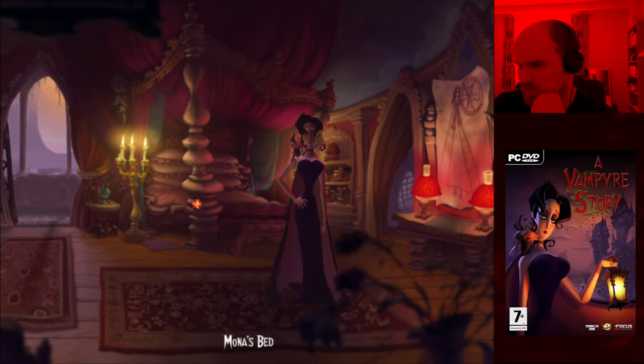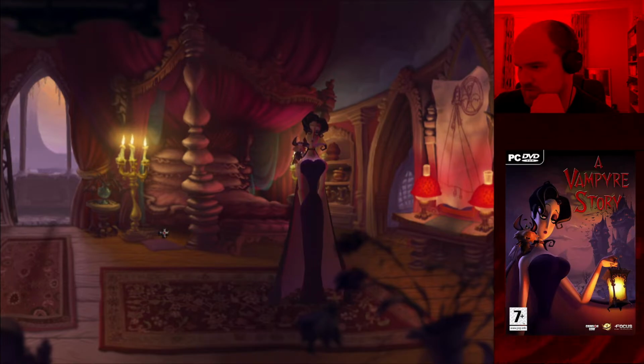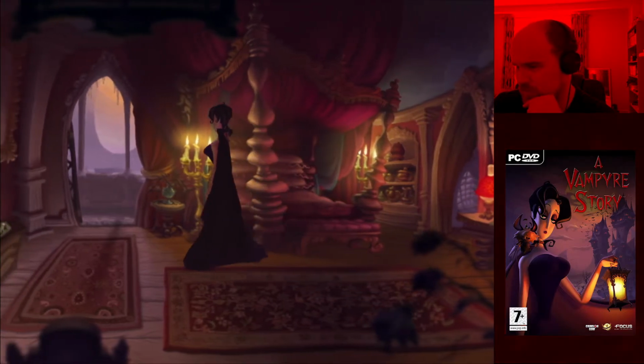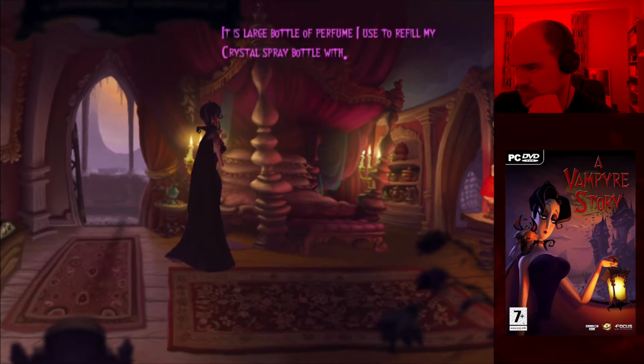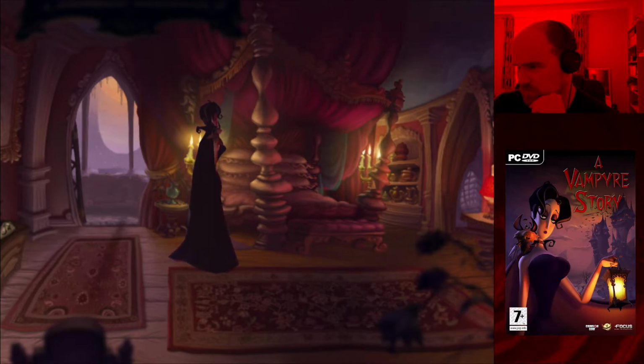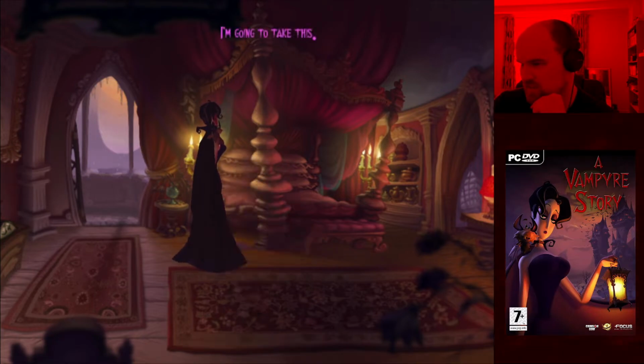Where? I don't see a perfume refill bottle. It's a large bottle of perfume I used to refill my crystal spray bottle. Did the 3D model just not render? Because there's nothing there. I'm going to take this.